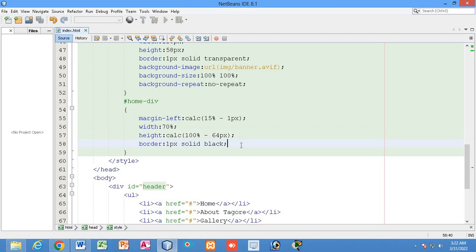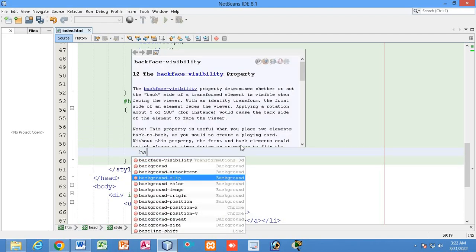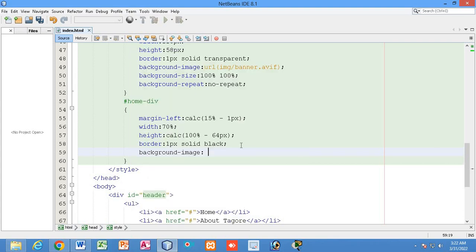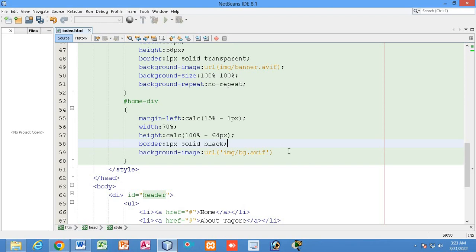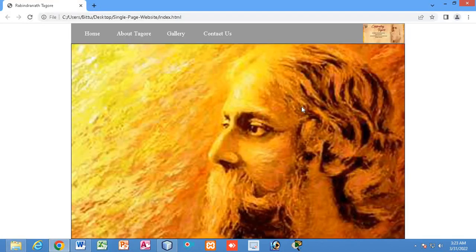So now here I will add background image. The background image that we have added, let us see how it looks. So can you see? The background size is much bigger, right, than the size of this div.